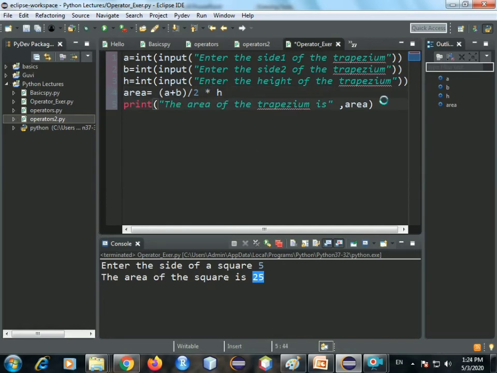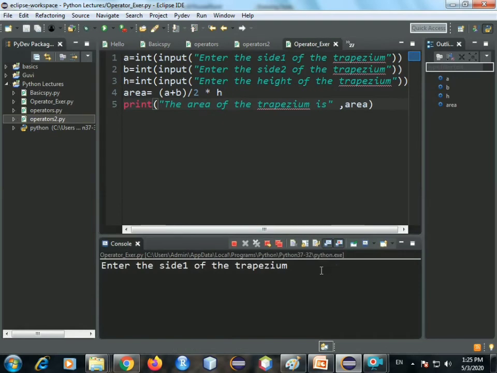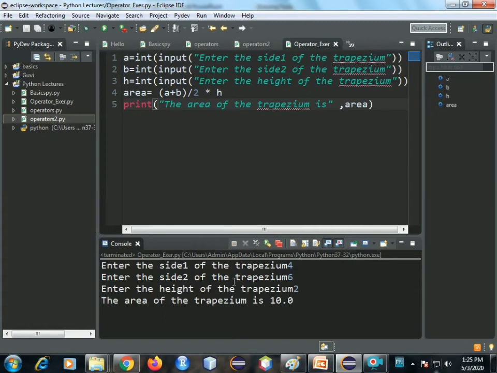Okay, let's run it now. Let's see if the computer also follows the same rule. Side 1, that is 4, side 2 is 6, and height was 2, right? Okay, see, we got area of the trapezium is 10. So we can interpret that yes, the computer also follows the same mathematical convention of the BODMAS rule.